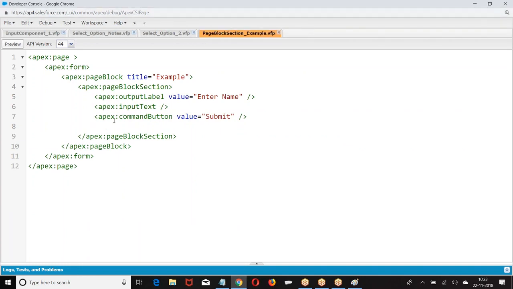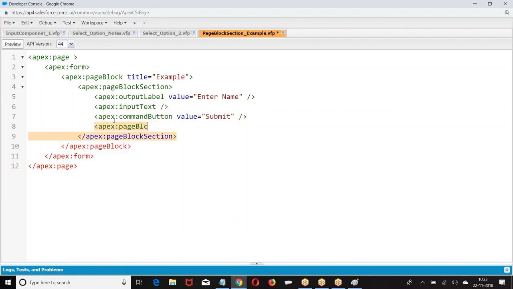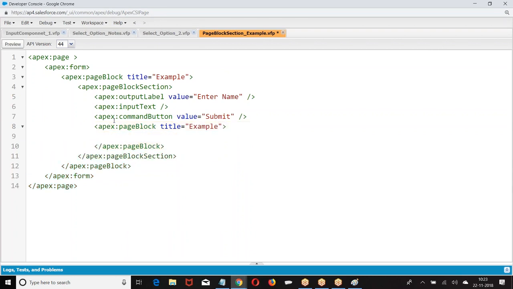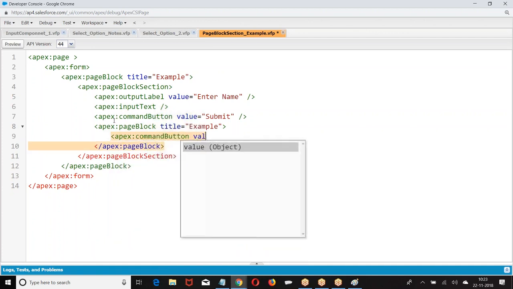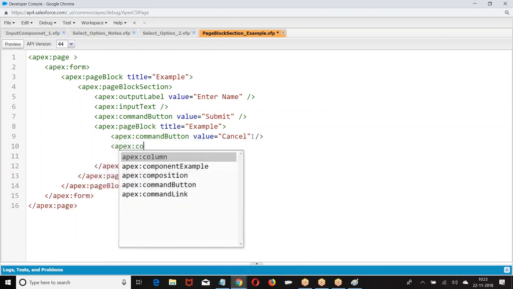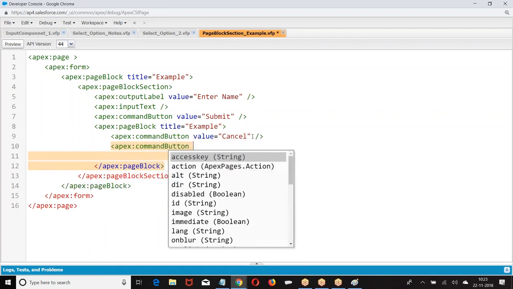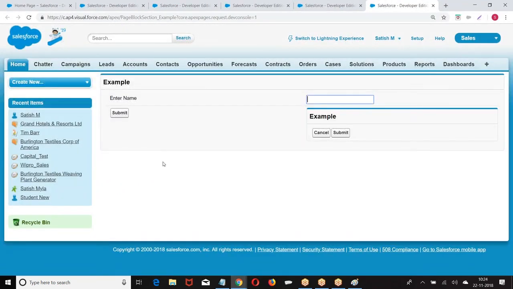Now what was this? It's a common button. Now, what did you receive?